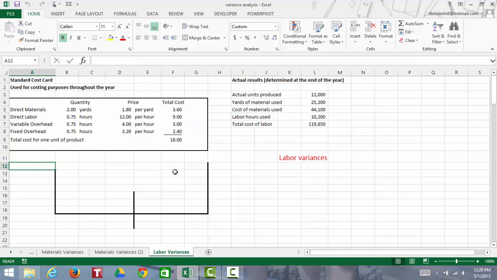So, if you remember, on the left, we're going to put our actual labor cost, and on the right, we're going to put our standard labor cost. So remember, in alphabetical order, actual and standard. How do we compute our actual labor cost? Our actual labor cost is the actual quantity of labor, which is the actual direct labor hours used, multiplied by the actual price. But remember, we're not really going to need the actual price because we know the total actual cost of our labor,